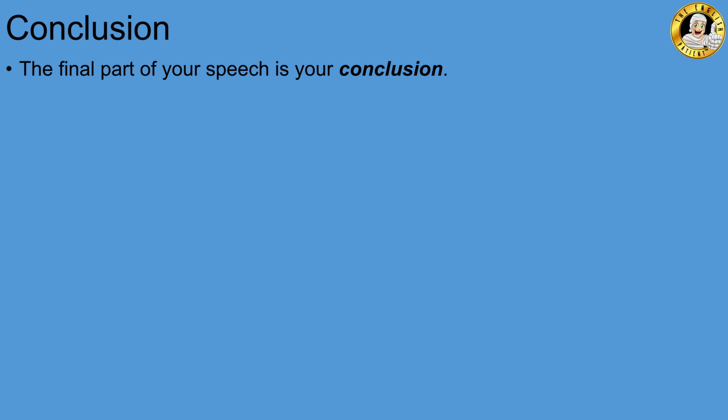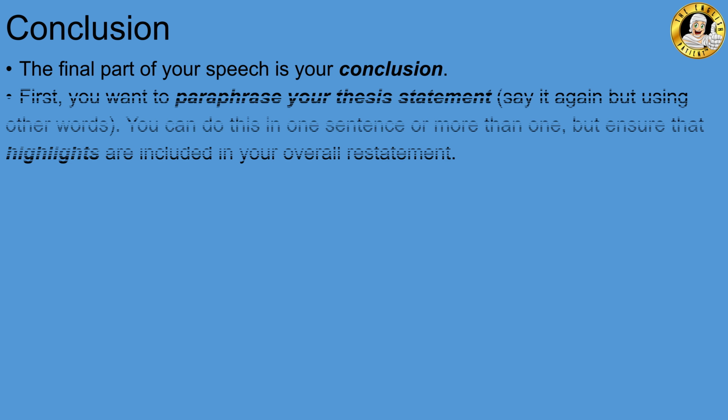Now, you would have several body sections. In this speech example, as you can see from the highlights, there would have been three body sections. I'll only show you one example to save on time. And after you have those three body sections, you would move then to the last part of your speech, or if you're writing an essay, the last part of your essay, that being your conclusion.